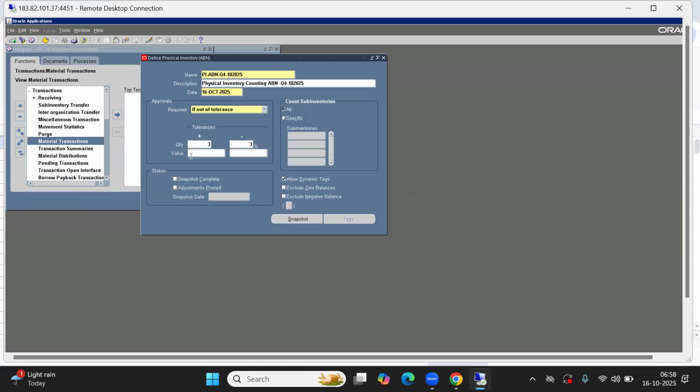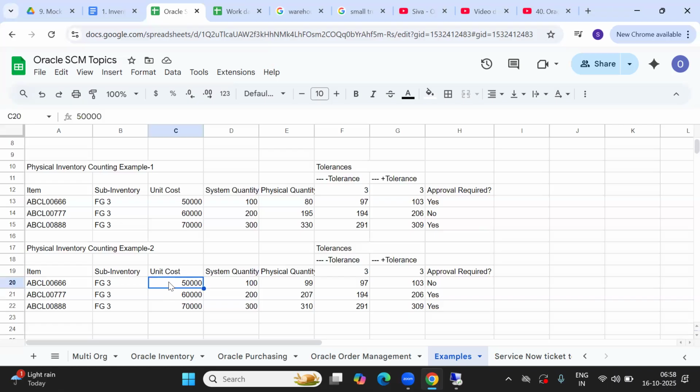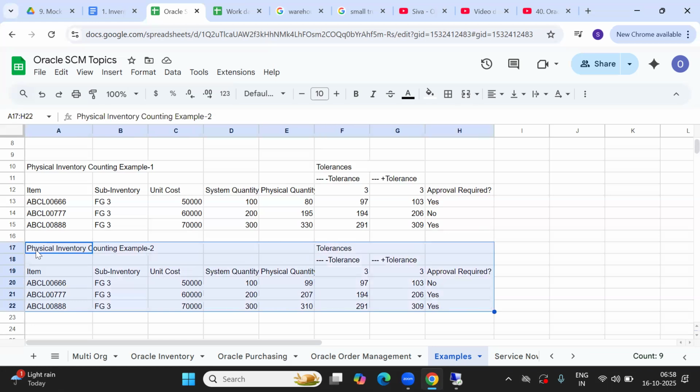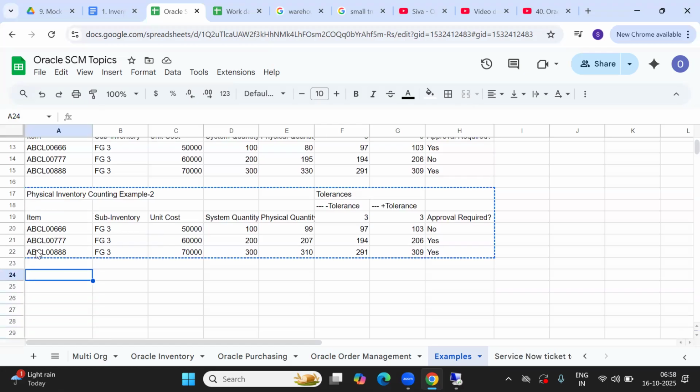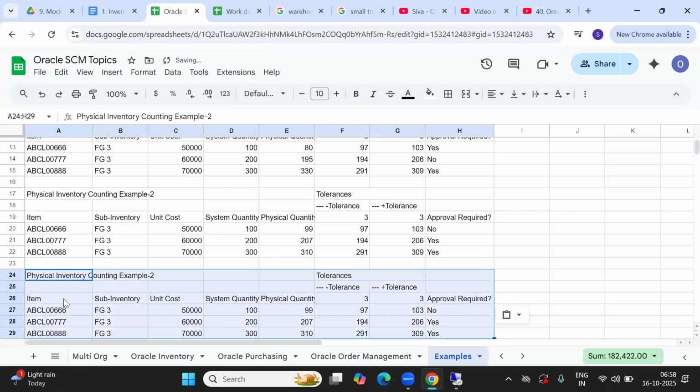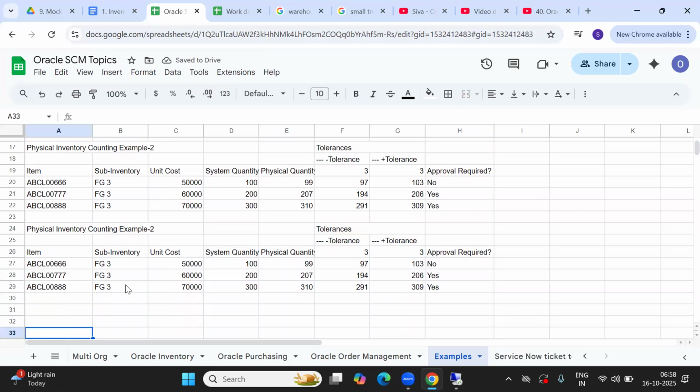Value. Now I'll take this. Here it is not the quantity. Here system value means each item value.